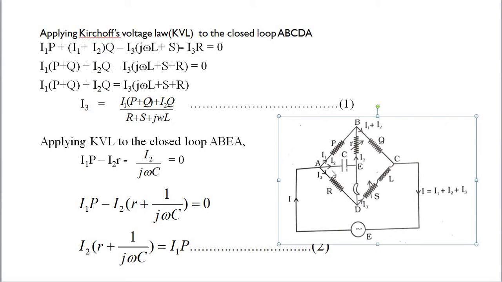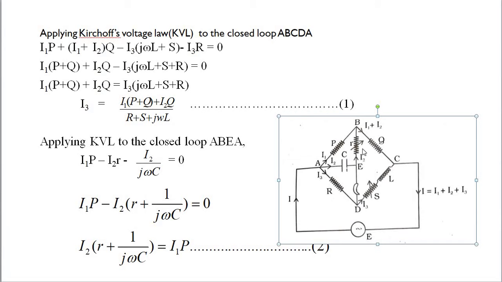So when we apply the Kirchhoff voltage law to this circuit, you will get minus I1 P plus I2 into R, and also plus I2 divided by j omega C. This is the capacitor. The capacitive reactance is 1 by C omega. So that is equal to 0 because there is no current flowing in this direction, towards the point D. So when we consider this, I2 is flowing towards E and then again moves towards B.